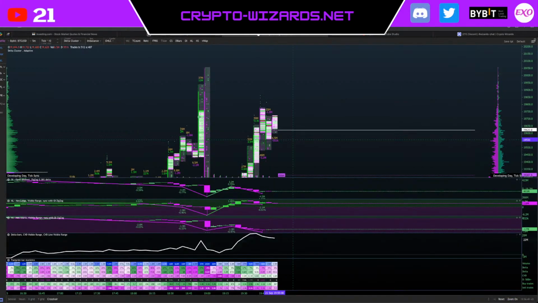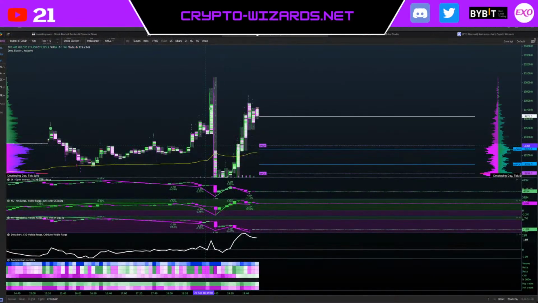We are getting a bearish divergence here, but I wouldn't view this as a valid one. It's technically valid, but I wouldn't really care about it. And you know what, send me the answer why I said this here in the YouTube comments or in the Discord. It has to do with that one specific template that I was showing at the start of the stream. And we are talking about this.